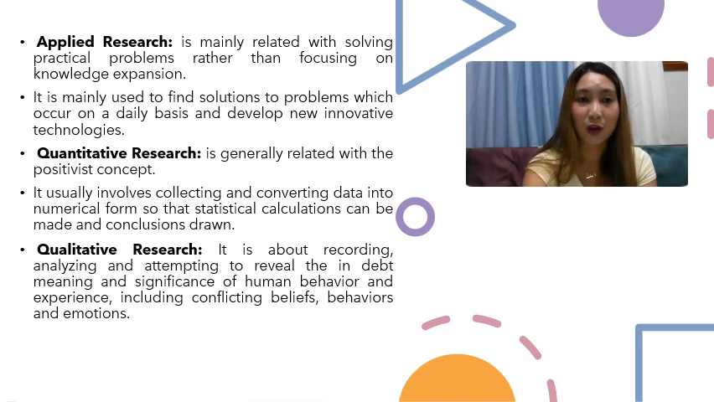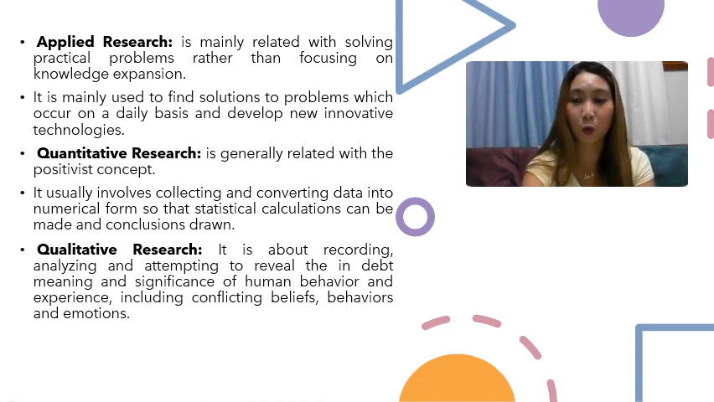Applied research is mainly related with solving practical problems rather than focusing on knowledge expansion. It is also mainly used to find solutions to problems which occur on a daily basis and develop new innovative technologies. So the main aim of applied research is to provide better technologies for humans to enhance their standard of living. For instance, investigating which treatment approach is the most effective for treating cancer patients, or researching which strategies work